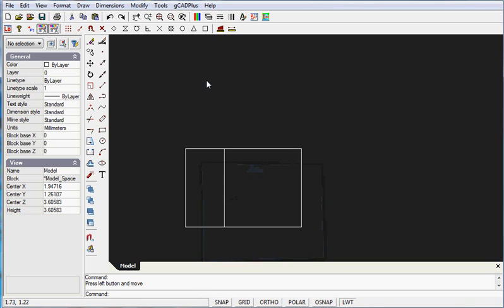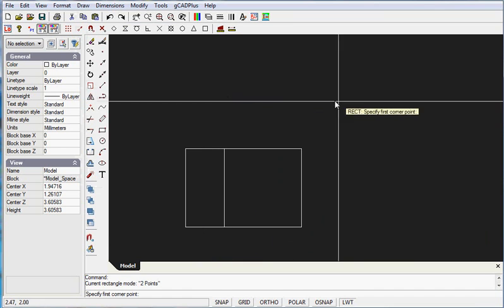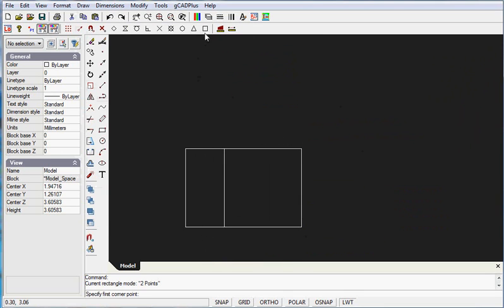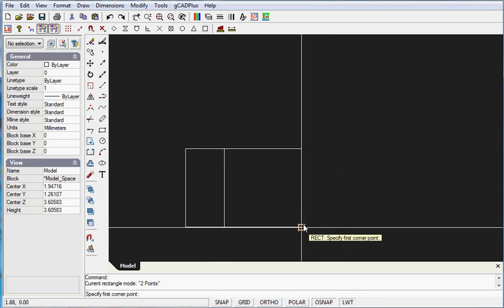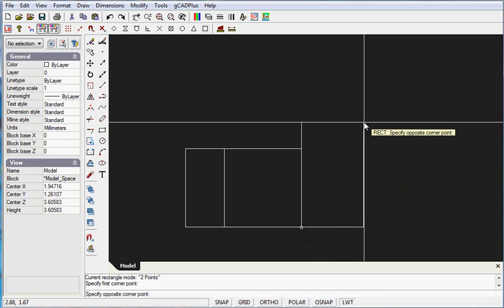It's worth spending a little time getting to know the rectangle command. I put a couple of rectangles here, one butting against the other. Let's put a third rectangle down, so it's draw and rectangle, and we'll use the 2 points. I want to start by snapping to the end of that line there, so I can use any of the O snaps, but I'll pick it up there, and I'll put down a rectangle that's 1.25 by 1.83 decimal feet